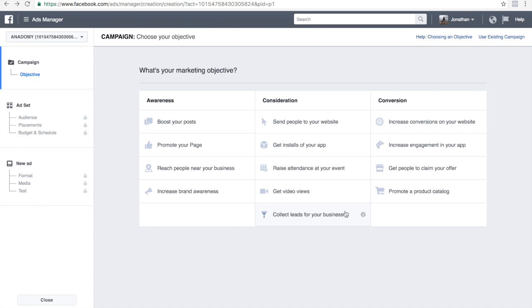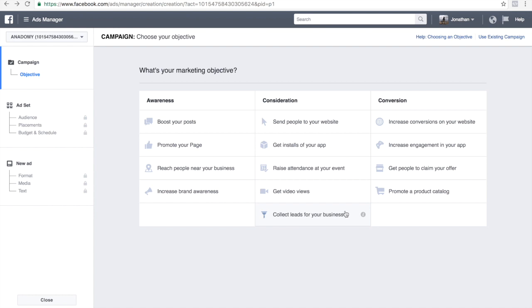So if I were to click on it, Jonathan Musgrave would appear in the name and my email address would appear automatically in that email address field. All the user has to do is click on the ad and click a second time to submit the form, and that is it. Now, I've done really well using lead ads,